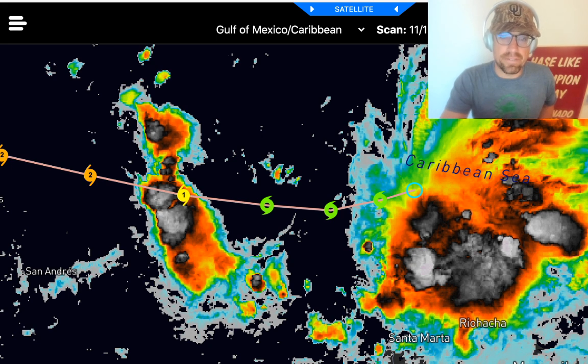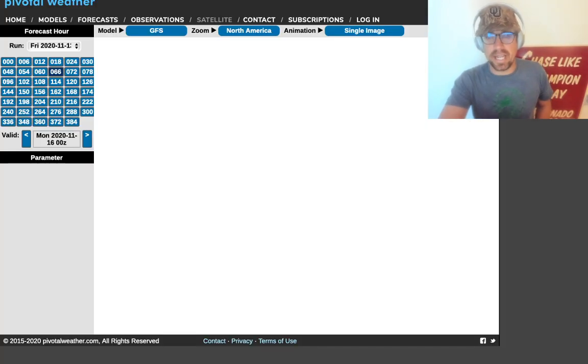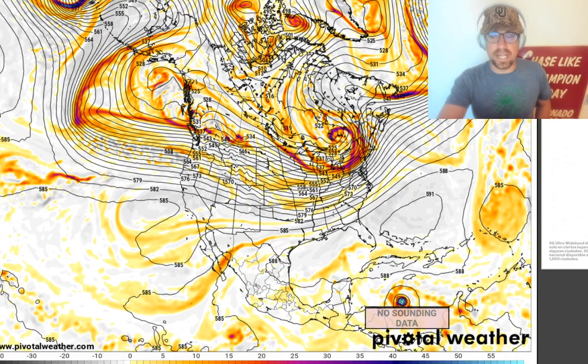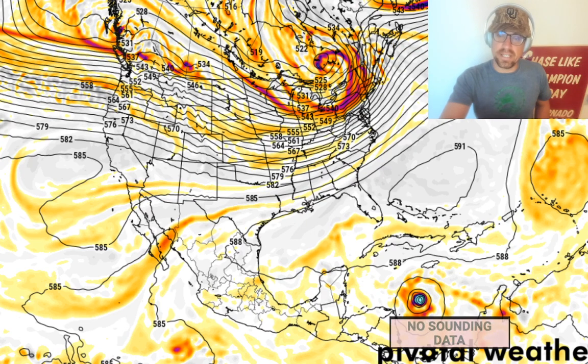There looks to be a couple of different camps for the forecast motion of Iota. A couple of the models, including the HWRF, which has been incredibly reliable so far this year, take it toward the southern Yucatan, potentially even impacting Cozumel to Cancun, coming up here in about 120 hours, 5 days. But it does look like it's going to pass very close to the northeastern corner of Honduras by Monday morning, just offshore of the northeastern coastline of Honduras. It looks like Roatan, right here off the north central coast of Honduras, could be right in the forecast cone right now,